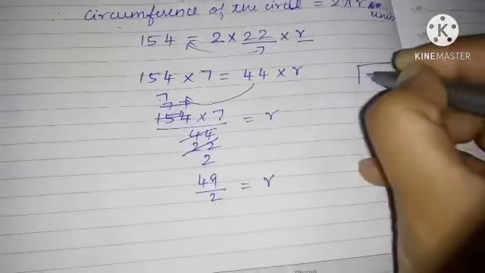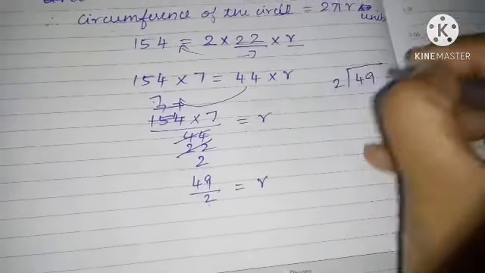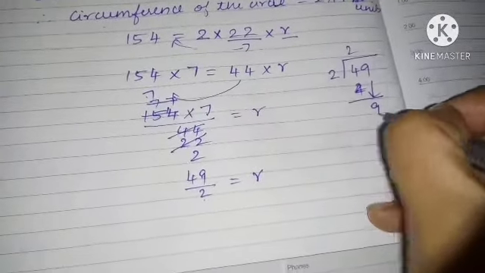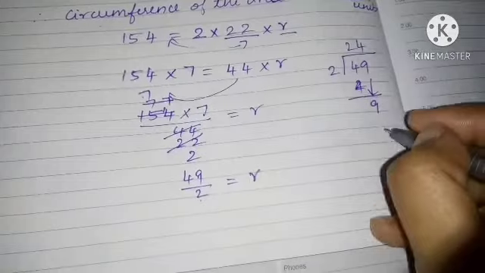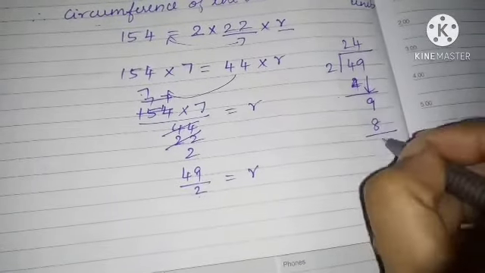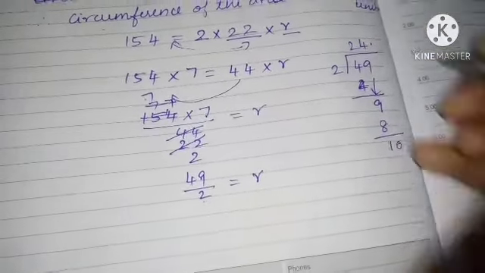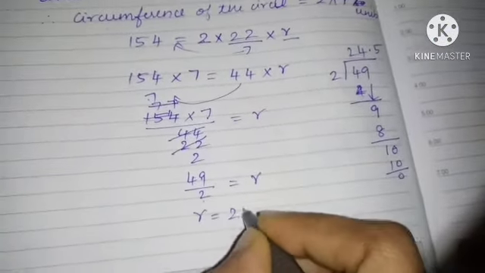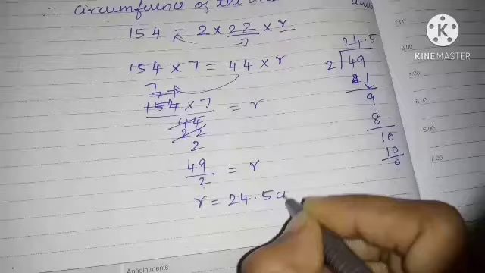Now shall we divide this? 2 into 49, 2 2s are 4, then again 9, then 4 2s are 8, remainder 1, 0, 2 5s are 10. Our r is equal to what, children? 24.5 centimeter is the radius. We have found the radius. Next, what should we do? Find the area of the